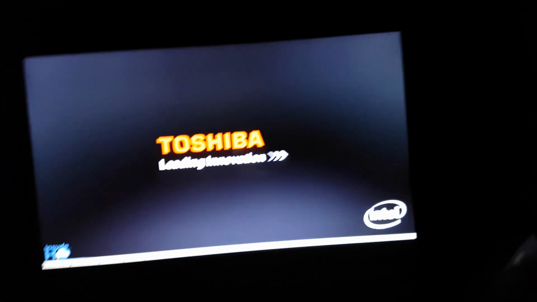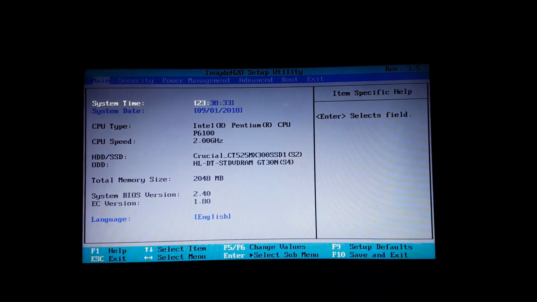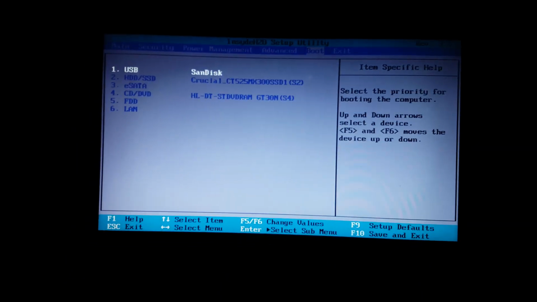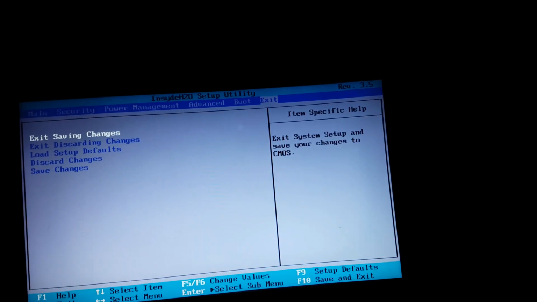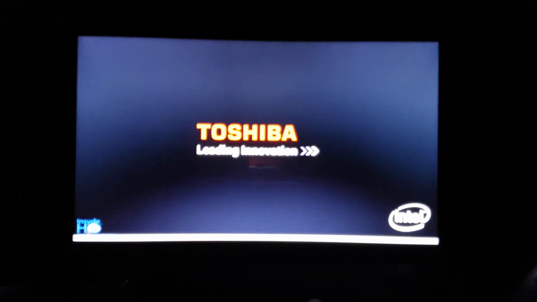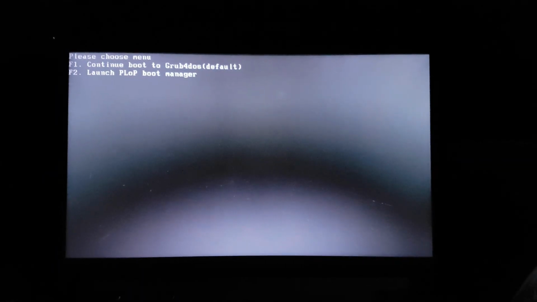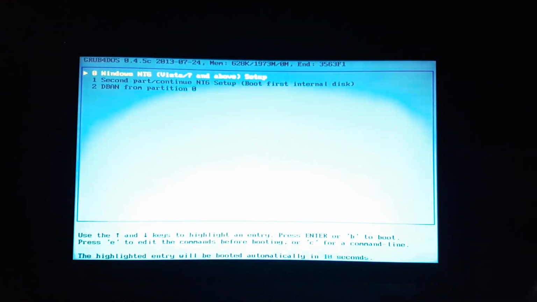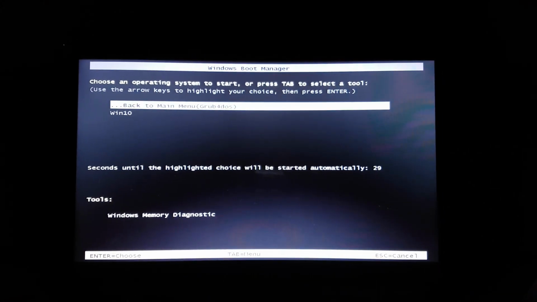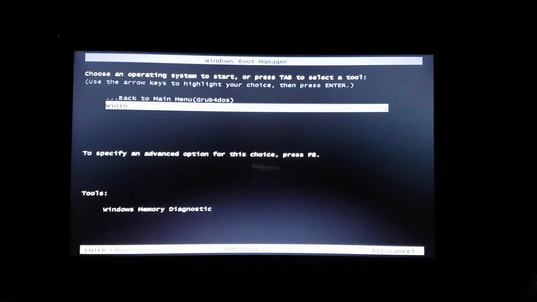Press F2, F2 again to go to the boot menu. Check if USB, yes, saving, and just wait for it. There we go. USB, just wait again and press on this one, the first one. Choose Windows 10 as we name it,